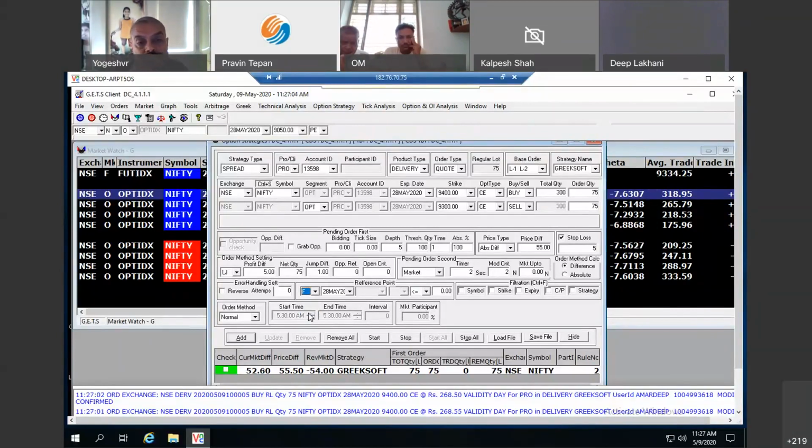I want to trade this only when future is greater than or equal to, say, 9,400 or 9,450. So this is an optional thing, but yes, you can do that.